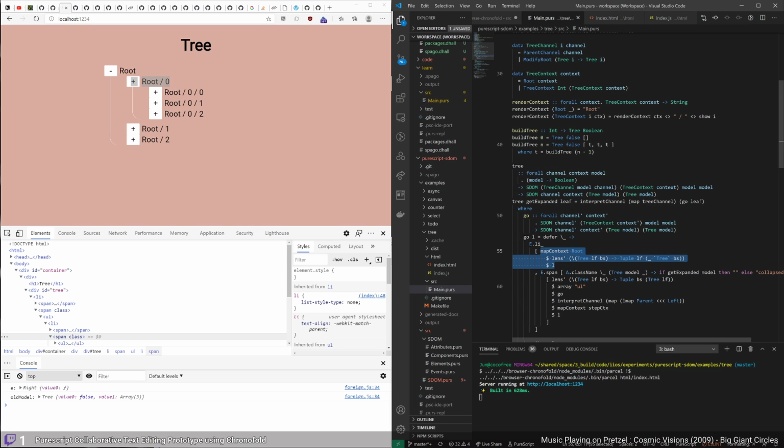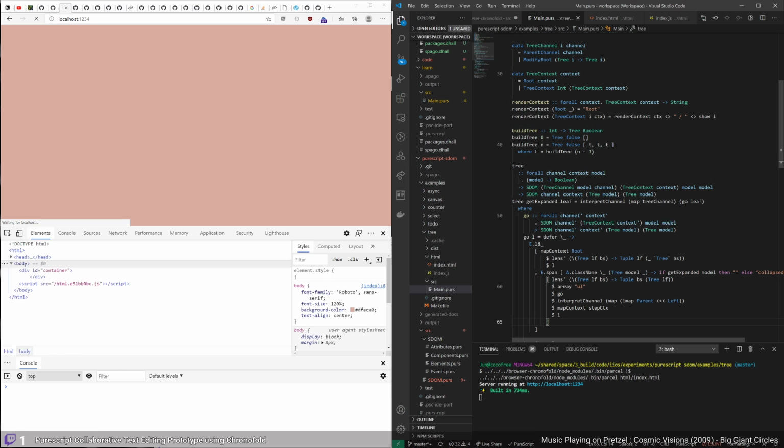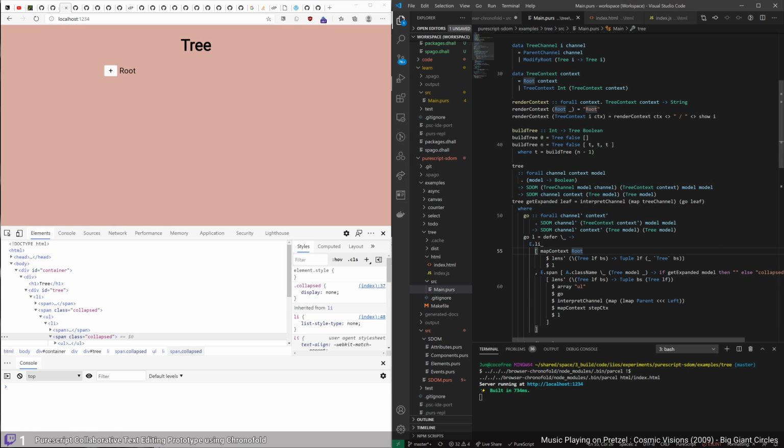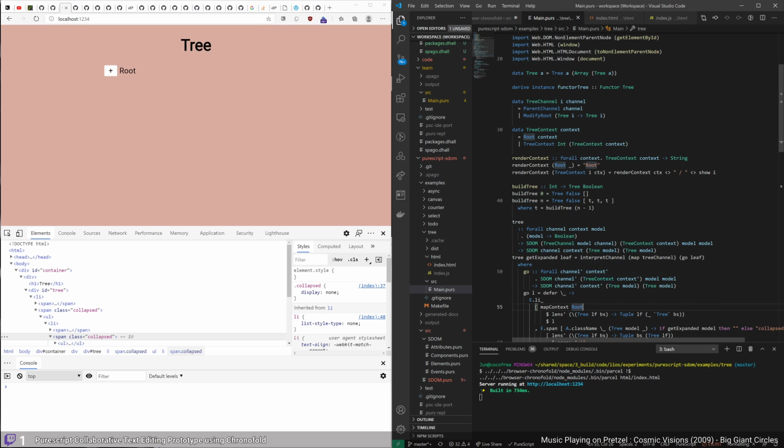So at that point, we're already passing down state. So if we were to, for instance, well, I want to do this, but I think it's just going to delete. We're going to see only the very top. So that's not a good example for seeing how state is being passed. So is it through this map context root then that we're able to pass down the context? With root,